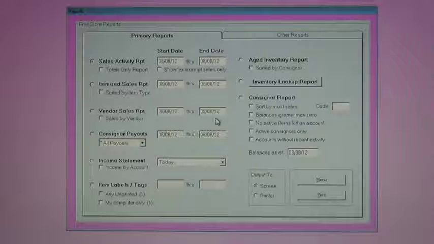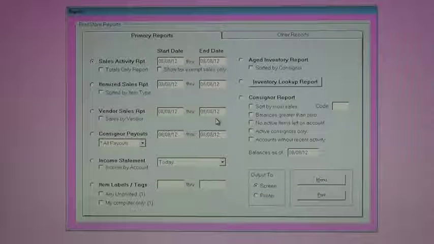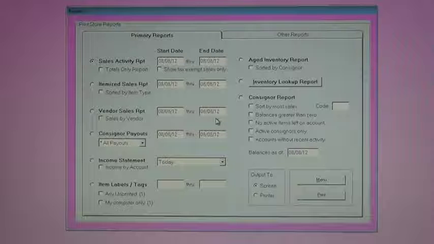That'll give you a list of all consigned items that got sold, and it'll also give you a list of all store-owned inventory that got sold. We have 4 types of inventory in the system: consigned, store, vendor, and then buy outright. Those 4 types of inventory will be covered in a later module, how to add each and how to account for each. The itemized sales report will show you 3 out of those 4 types,